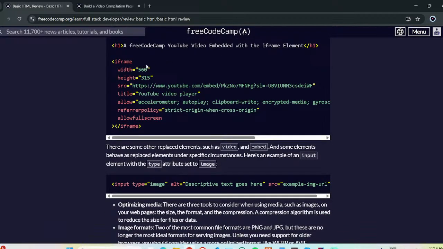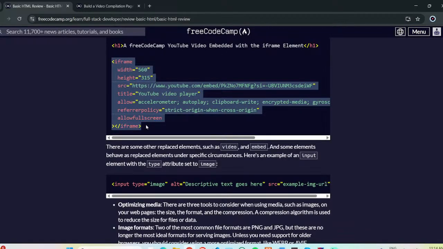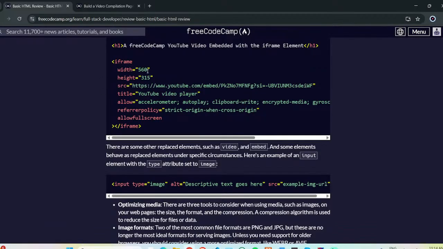So here the iframe is used to embed the video from YouTube. How do we do that? We first specify the width and the height of the video. This is the source from where we have taken the video. For example, we have taken the video from YouTube and embedded it with the help of this embed. For example, if we copy the share link of any video from YouTube, it will show us